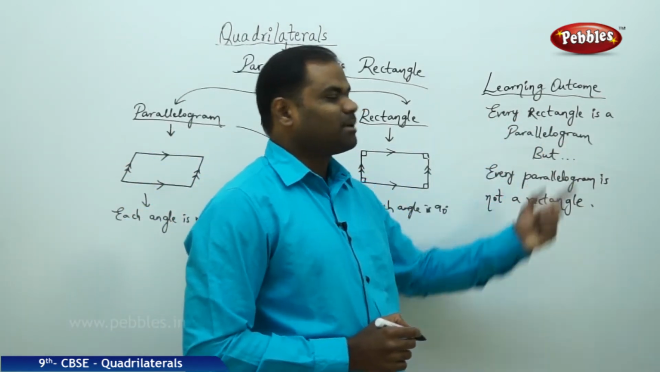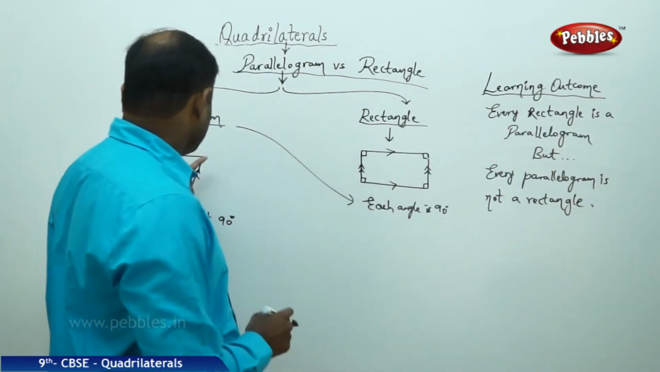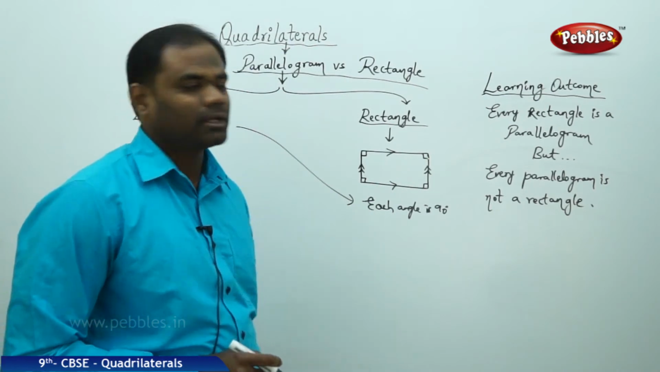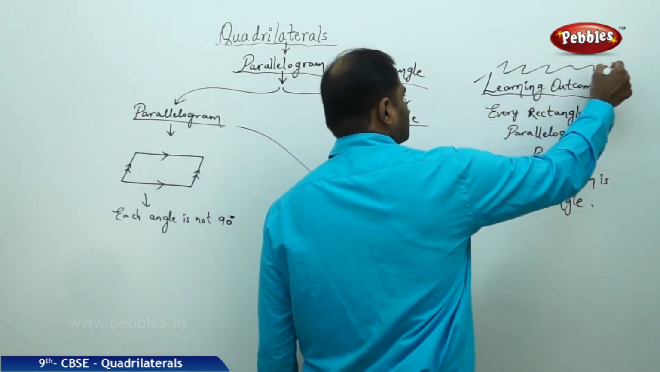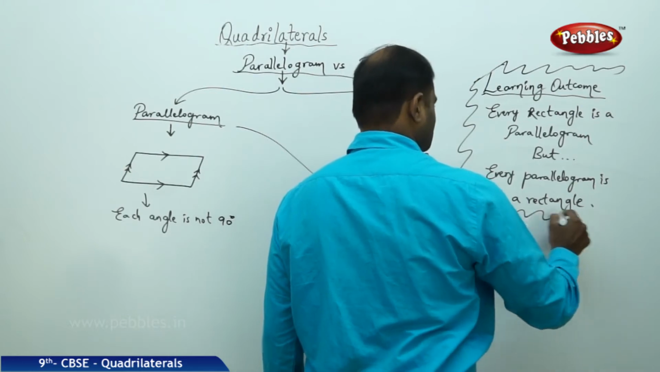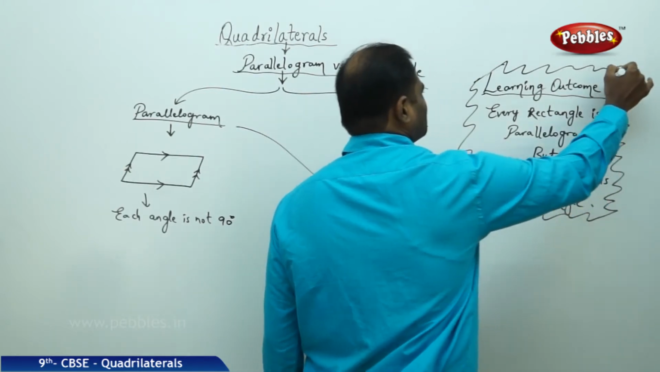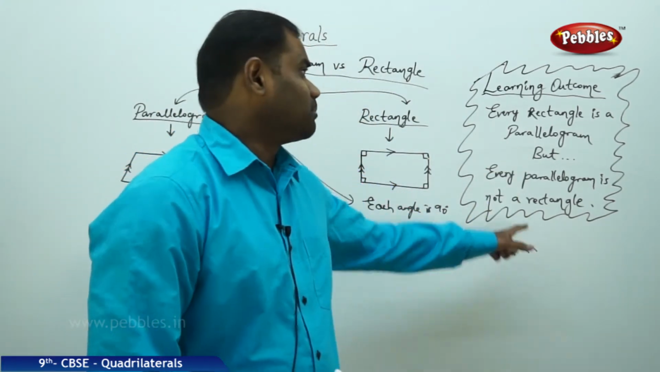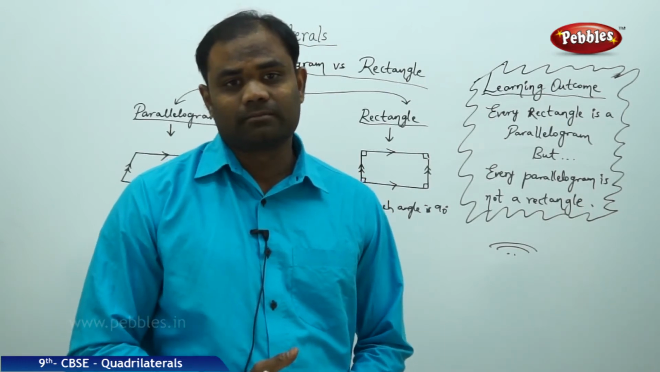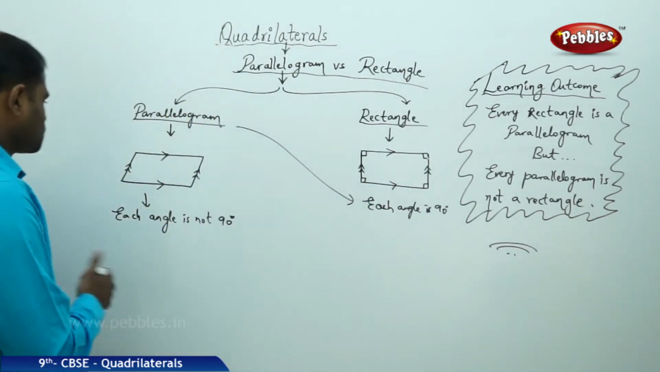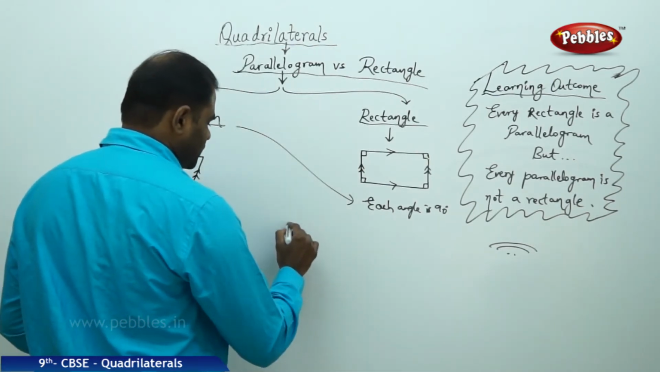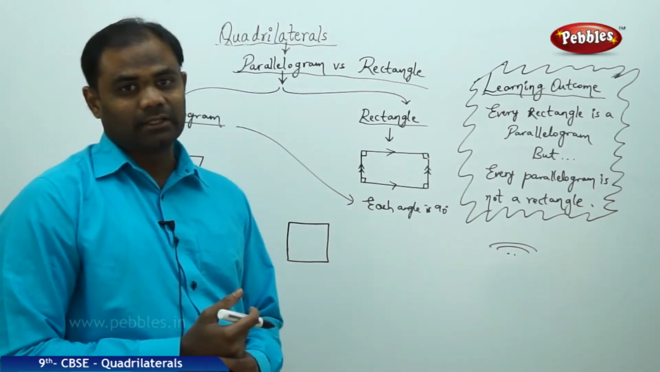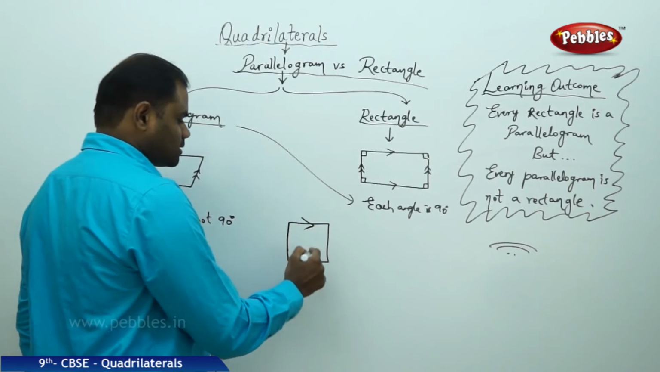Every rectangle is a parallelogram, but every parallelogram is not a rectangle because each angle is not 90. That is how I understand the learning outcome connecting the parallelogram and a rectangle. Similarly, let me introduce a square. Every square is not a rectangle, but since opposite sides are parallel,